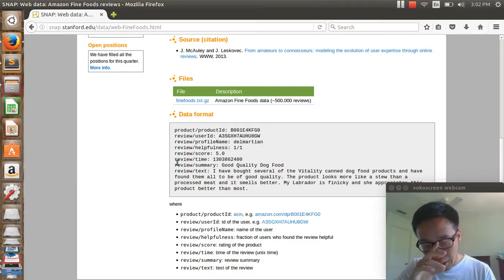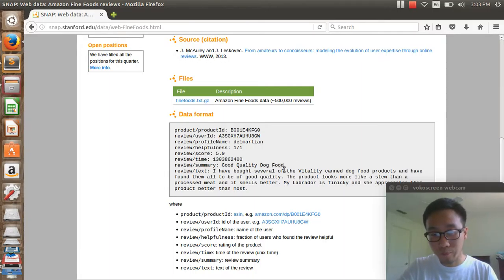So what we are going to use in this data set is the score here, as well as the summary. So we want to train the classifier with score and summary,